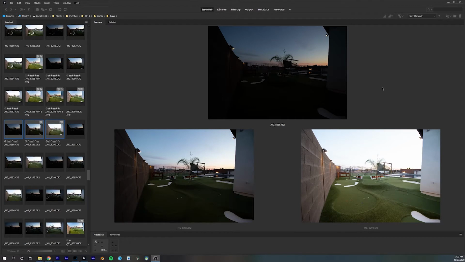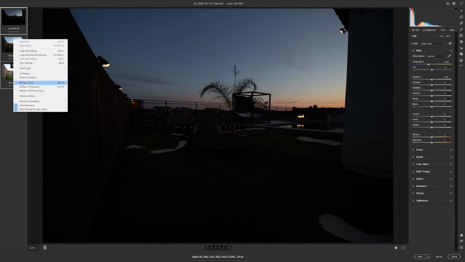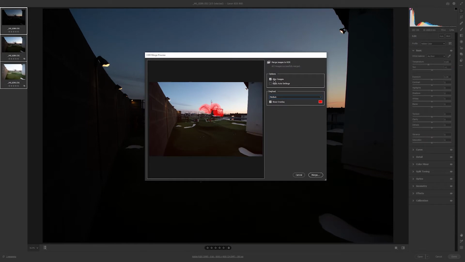So here I have three images. One is underexposed, one is properly exposed, and one is overexposed. Let's click on them and open them in Camera Raw. Select all three, right click, and select Merge to HDR. Make sure that auto align is on. Now, a tip, it helps to shoot these on a tripod, but it's not always necessary as long as you